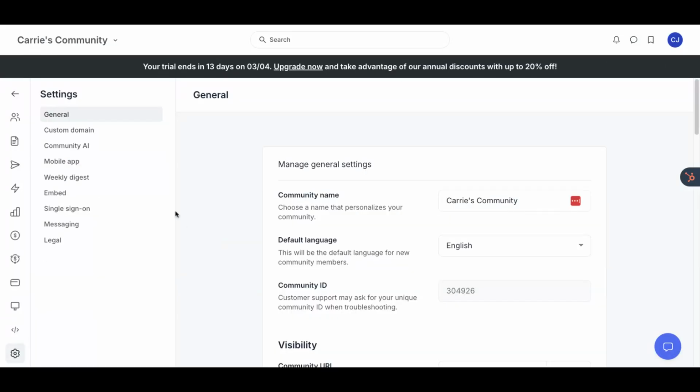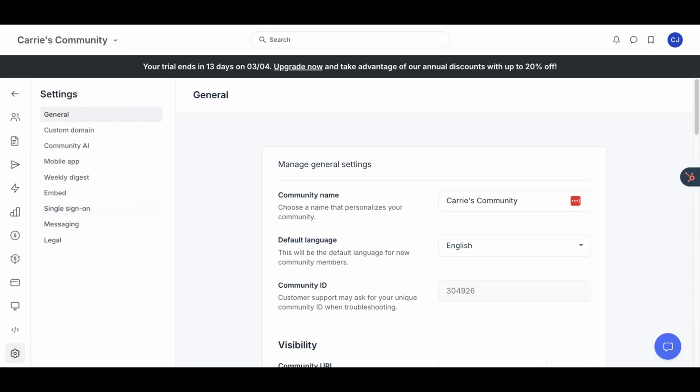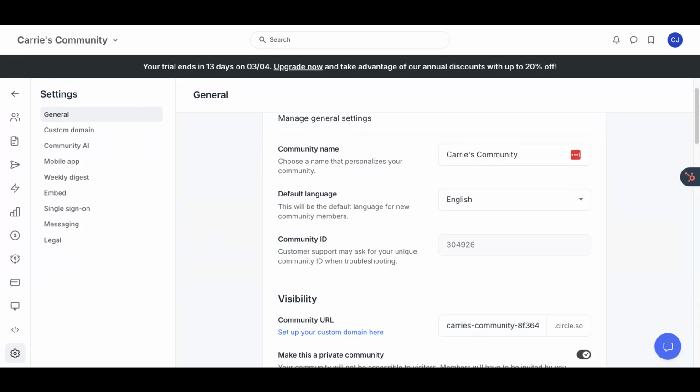But then we want to go further into the settings. So the next thing that we're going to do is look through these general settings, but also these settings here on the side, because these are the other important things for you to pay attention to. And again, this is found way here at the bottom. This all looks very overwhelming. There's a lot going on here, but we just start with settings. That's what I recommend people do: take a look at this big picture, then go into settings and get those set up.